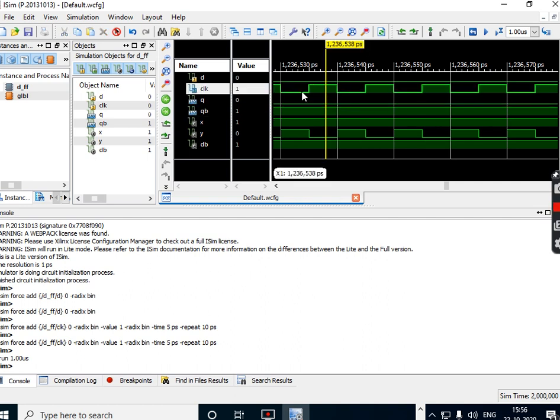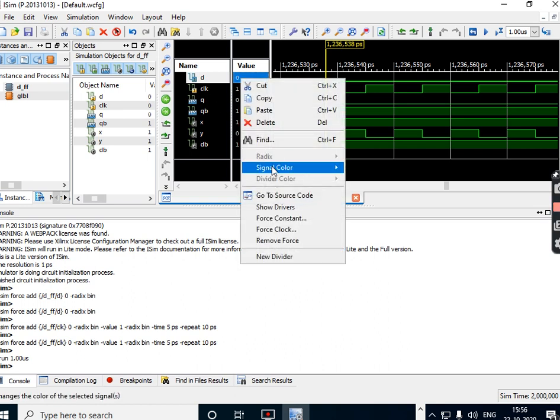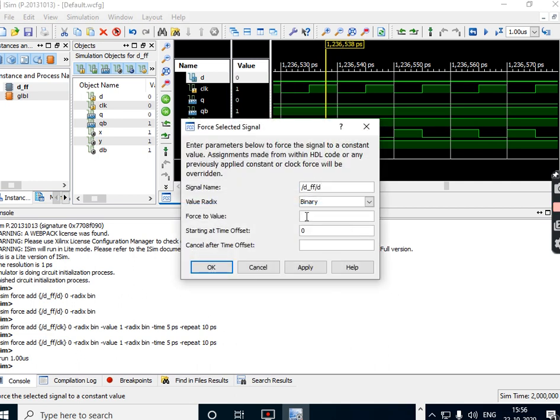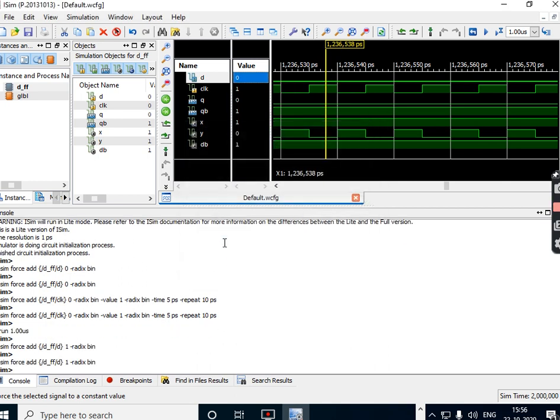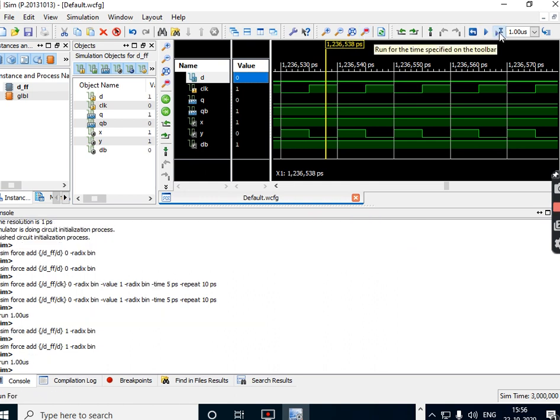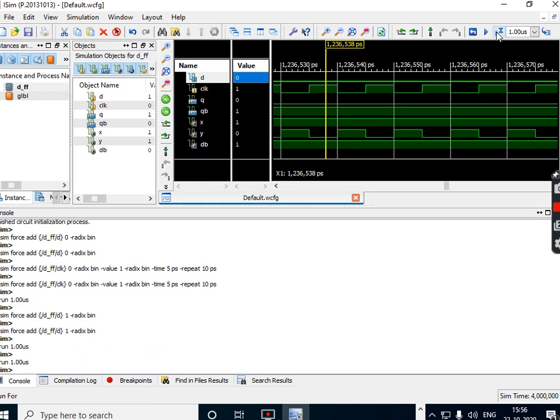Well, now when the clock rises from 0 to 1, the flip flop is enabled and it will read the value of D. Whatever is the D value, that is now reflected at Q. So Q is 0 and Q bar is 1. When the clock rises from 0 to 1, whatever is at the input D will be received by the flip flop and it will produce that as an output value. So now let us see another change. Now instead of D as 0, I'll force it to be 1 and I'll check the output for this particular case also. So I run the simulation once again. Now instead of D as 0, I'm making D as 1. Now let us see what will happen in this particular case.